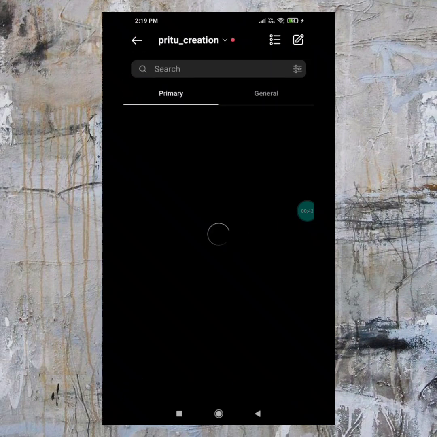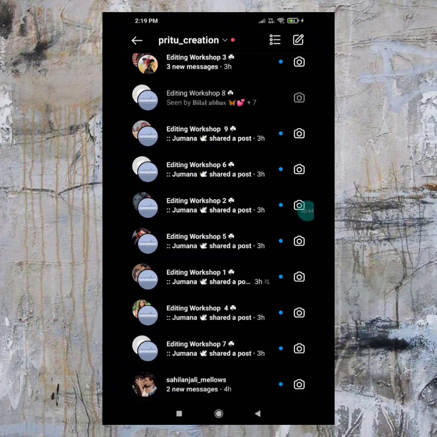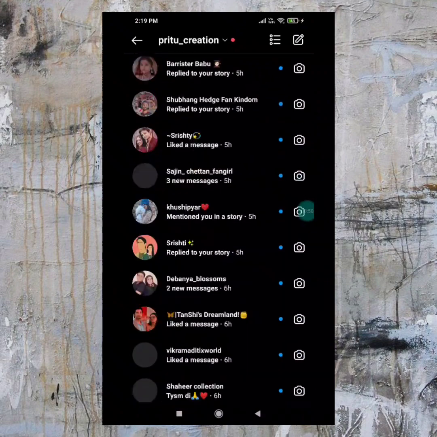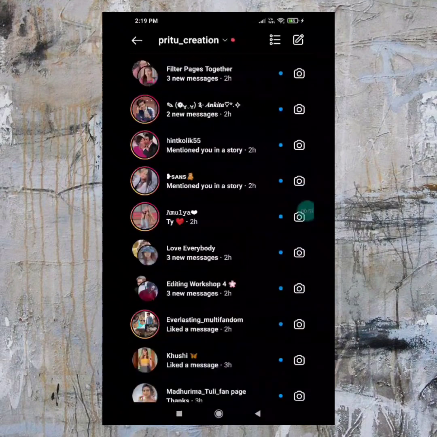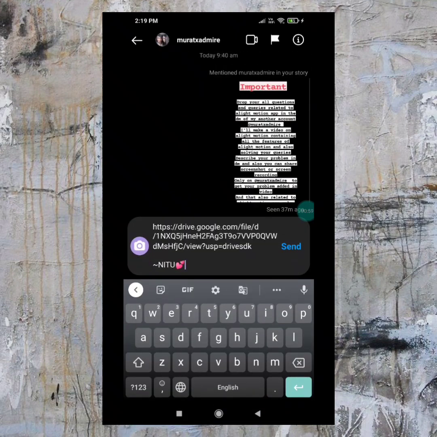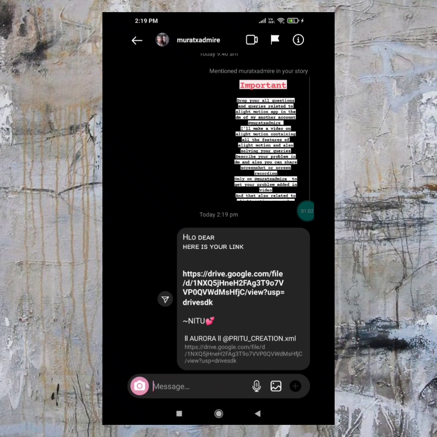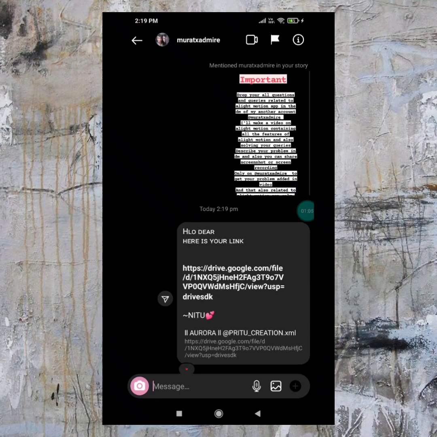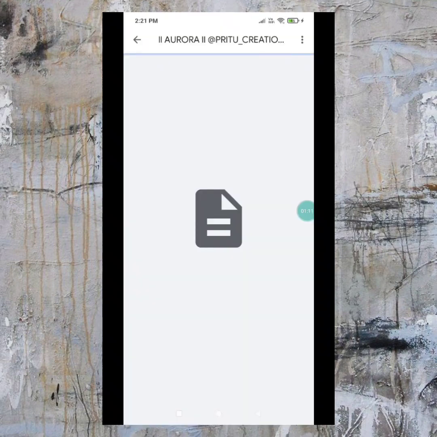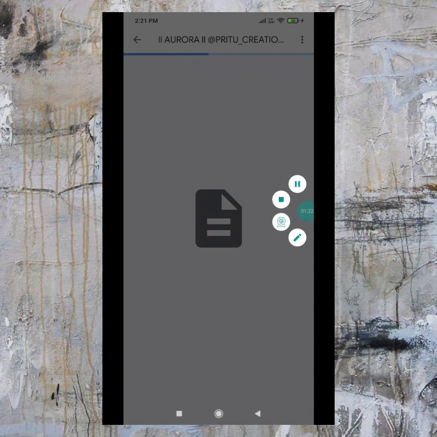You will get a drive link. There are so many pending requests. This is my recent Alight Motion coloring. Just click on the drive link you will get and select any. When you click on the link, you will get something like this. It will be loaded. What you have to do is